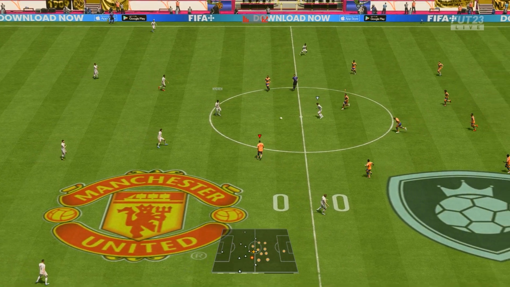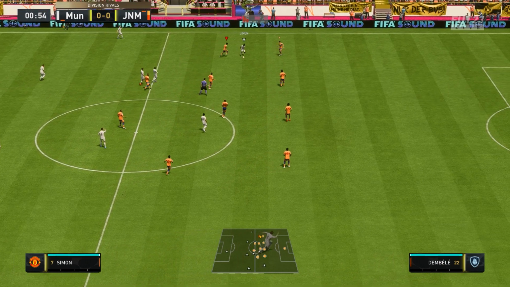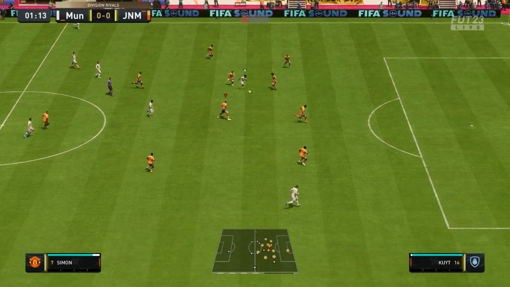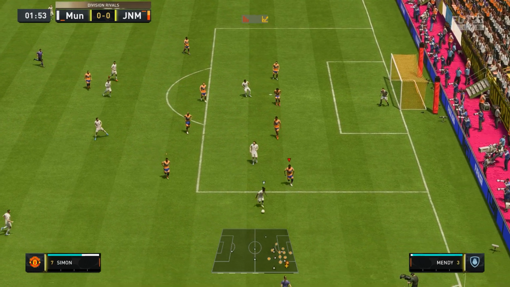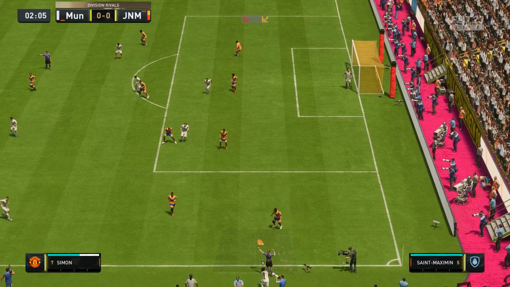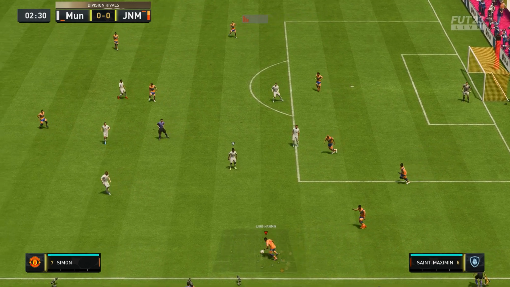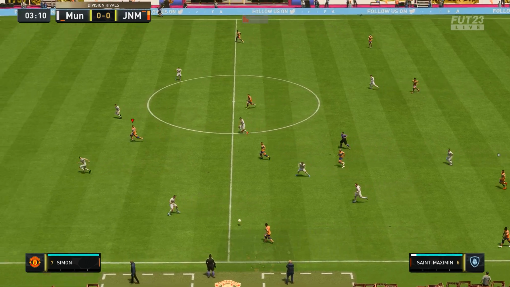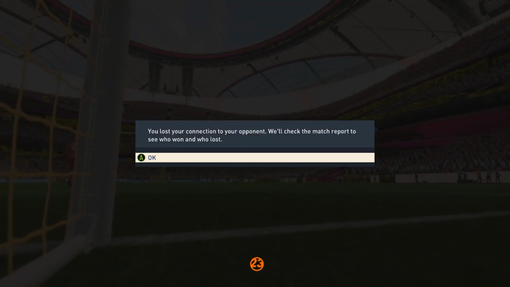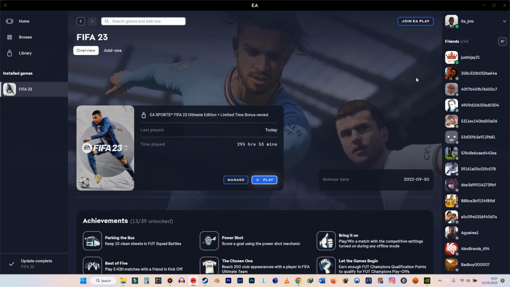Okay, so you can already see on screen what's happening. I'm in the orange jersey. You can tell by the movement of the players what's happening. It doesn't feel smooth at all. Wait, that's strange. I don't know whether that guy is using a cheat code, or it's just the computer AI doing its own thing, but the person is playing and behaving strangely. It already says you lost your connection to your opponent. Worst of it. So right now we are going to check for updates for my graphics card, and then probably